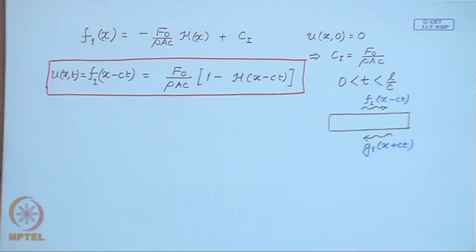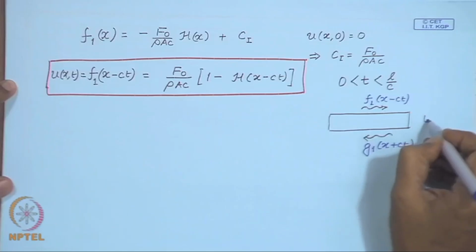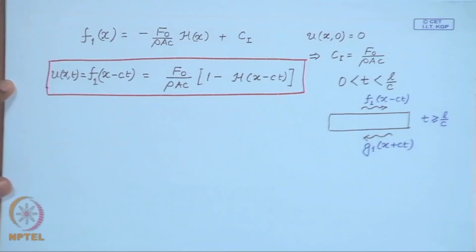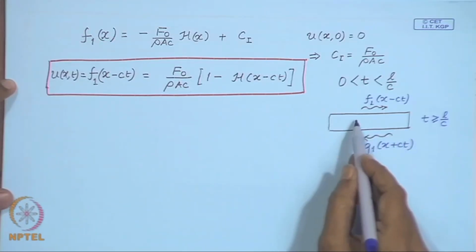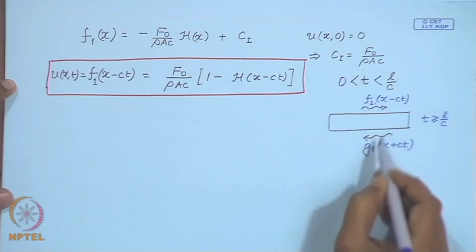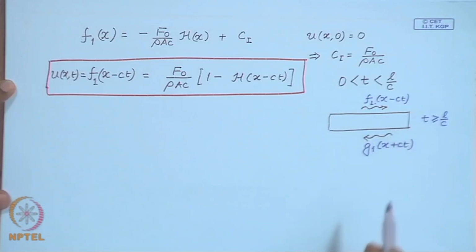x plus ct. So, this takes place at t greater than or equal to L over c. So, as long as this wave has not reached the boundary, this is not generated; this is generated after this wave hits the right boundary. Now, then our